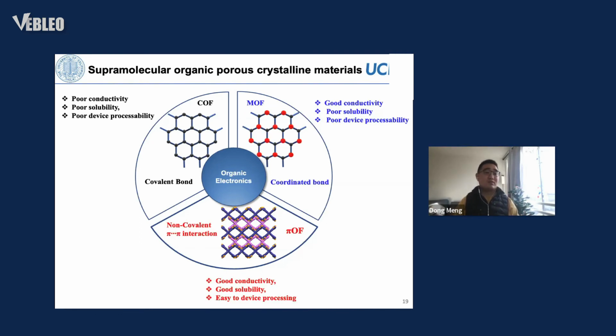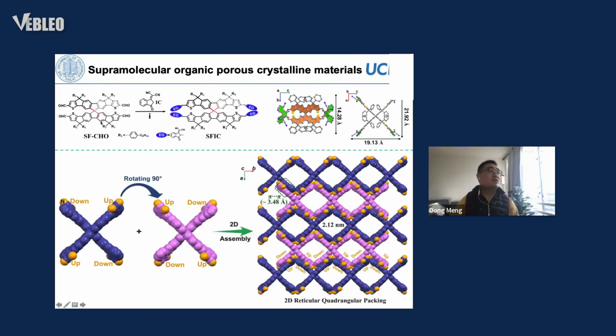So we want to investigate the different applications. This is the synthesis route. We select spiral conjugated molecules, which are three-dimensional. We also use IC groups as the end groups, which is important because IC groups always have face-on pi-pi interactions, which are better. So we can use them as the linking groups to form 3D porous structures.